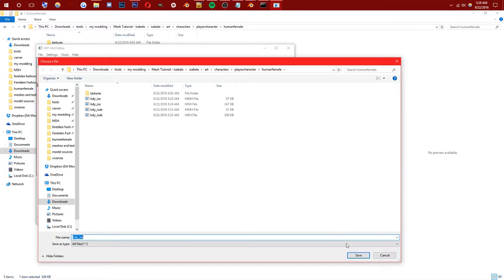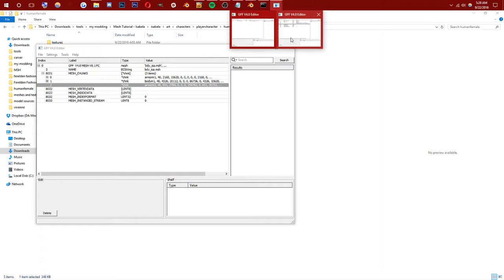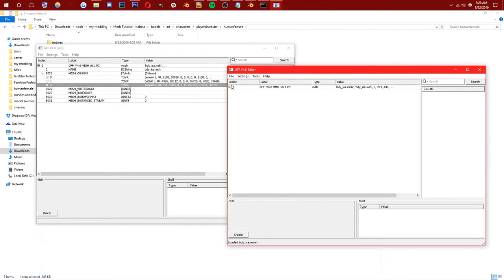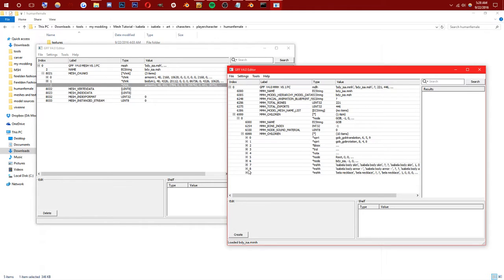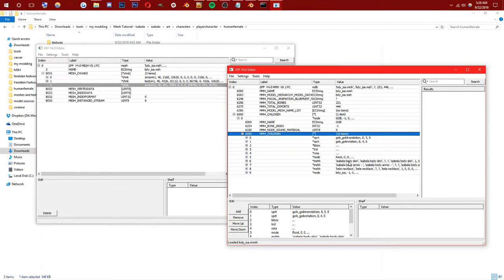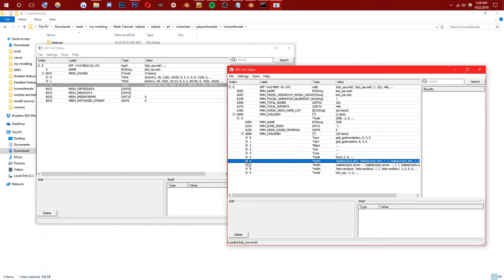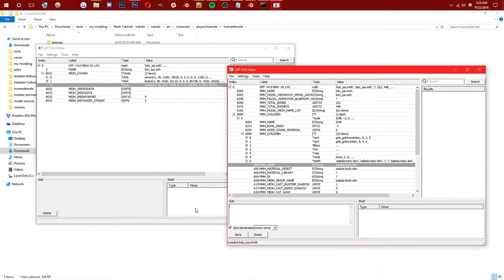So save our mesh file, and then just like with that, with our MMH, it's a little bit more complicated editing, because first off, this line, when you have multiple sub-objects, or you have any sub-object, you're going to align like this. You're going to cut, and it's going to be pasted at the bottom. When you have an armor that has skin and you want it to be tintable, like if you're making a standalone or you're making something for the little baby hawks, you need to have the tintable object, the skin, at the top. So armor M1,